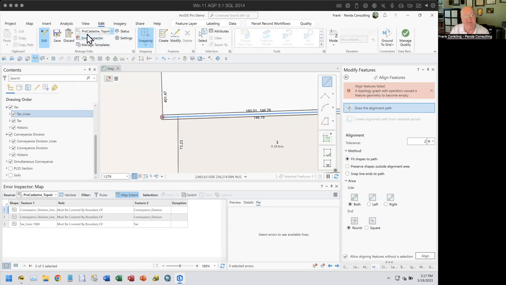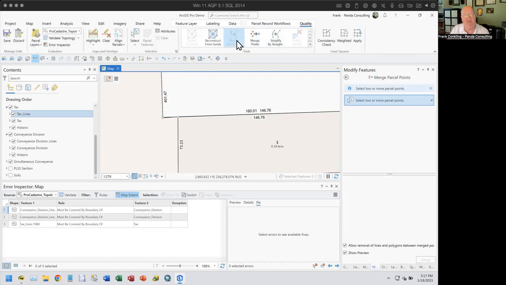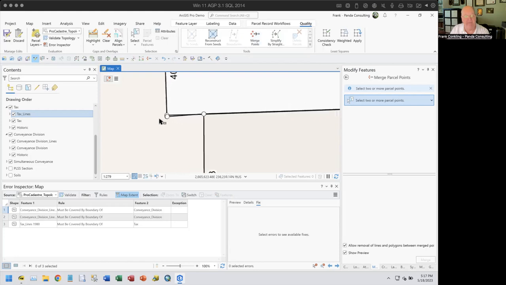Instead, that's one way of doing it. It's a really quick way of doing it. I'm instead going to use a different tool. I'm going to use the merge points tool, which is located on the quality tab, merge points, and it's going to ask me to go and